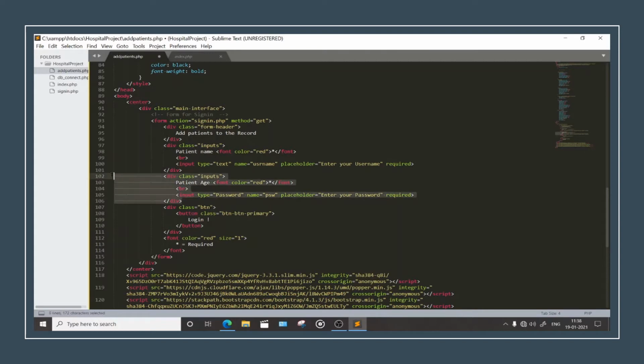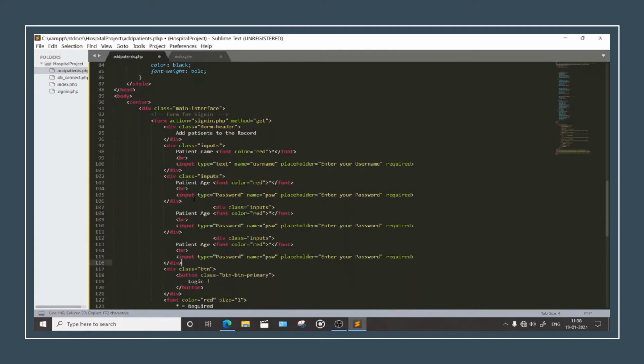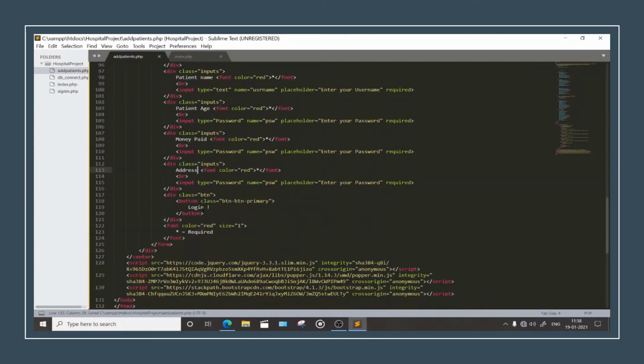Now let's copy this place, Control C and Control V. We will need many more things, but for now let's keep it like this. And you will need one more, that is address. So we have all these things done.